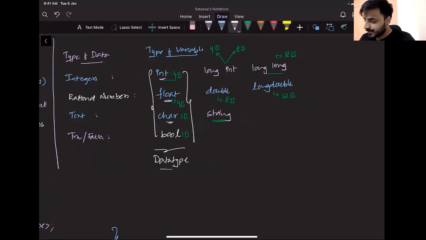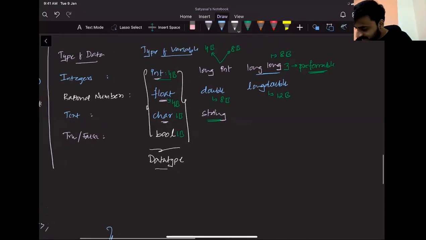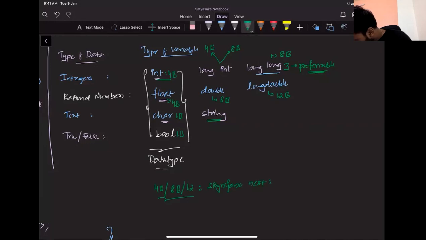We'll discuss it later. So in simple terms, say if you want to store a bigger number, in that case, can I say long long is actually a preferable one? You can simply use long long. Done. So now we understood what is the size of each data type. Okay, all good, excellent. But what is the meaning of 4 bytes? I mean, if someone is saying it is 4 bytes, how much can you store? So this will be discussed in the next session. What is the significance of 4 bytes, 8 bytes, and 12 bytes? How much can you store? This significance, we'll do in the next session.